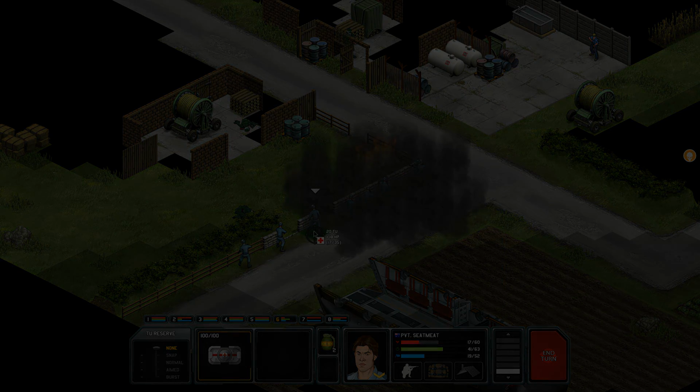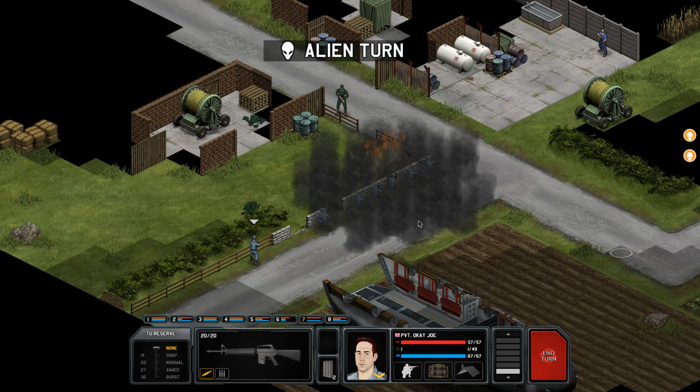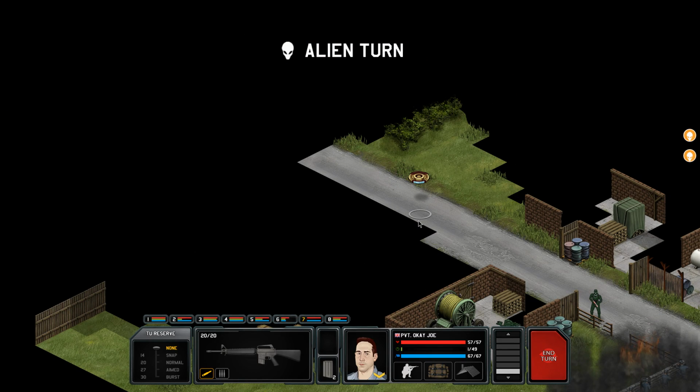Seatmeat's going to start patching himself up. It does walk out of the barn into the road. We get some reaction fire, but as usual, it's not terribly helpful. We spot a drone slightly further up the road coming towards us,